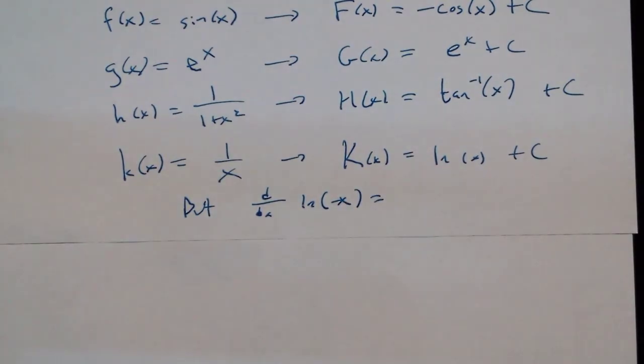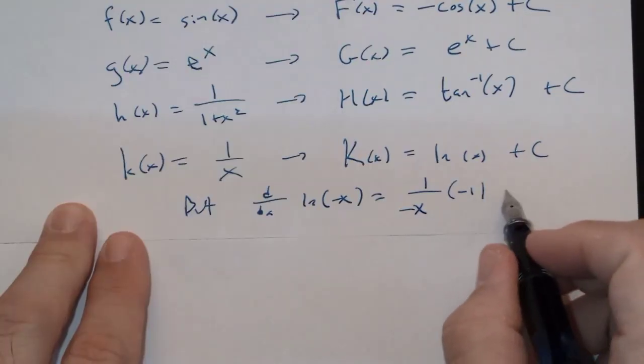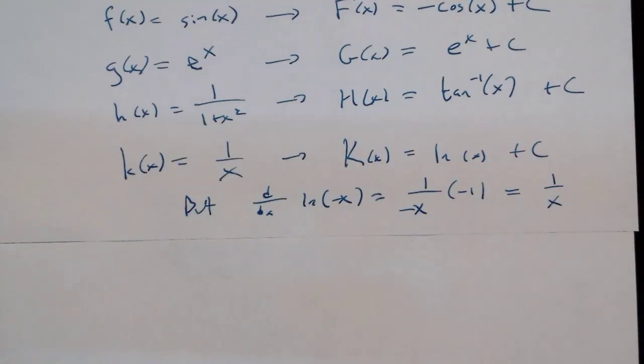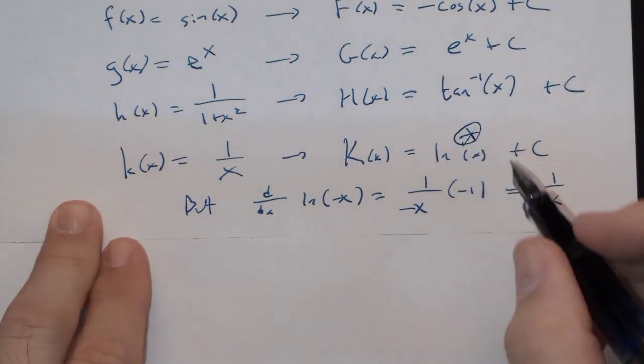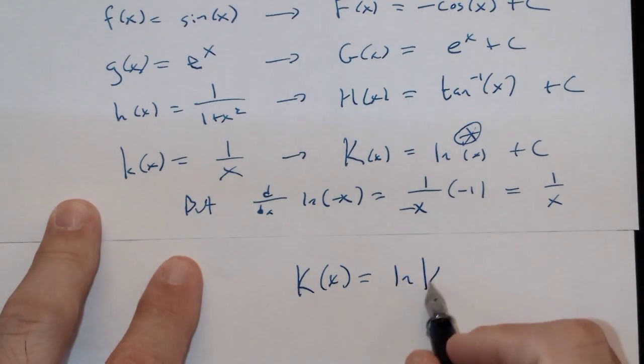So if x is negative, take the ln of minus x, that works. And I get 1 over minus x, and then the chain rule gives me a 1 over x also. So I need to realize that when I'm doing 1 over x, it could be on either side. I want my antiderivative to work on either side. So I'm going to put a little star here and say, really, I should be doing the absolute value,